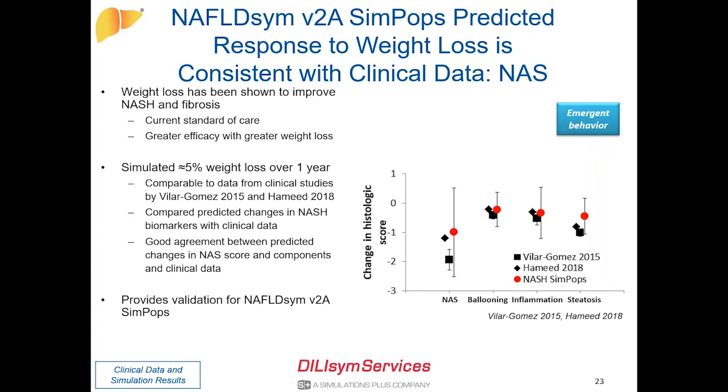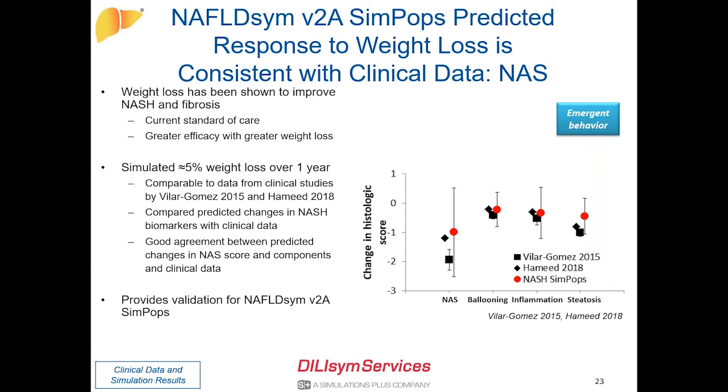And again, you can see that in our simulated population, we do a nice job of capturing, with a fair amount of variability, which is often seen in these studies, the NASH score and these ballooning, inflammation, steatosis across the board. So again, what this allows us to do is have some confidence that the patients respond appropriately to treatment,